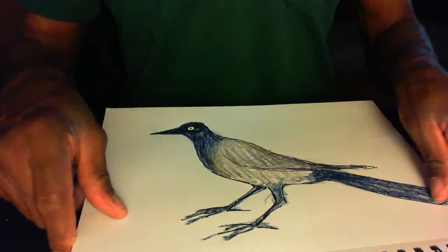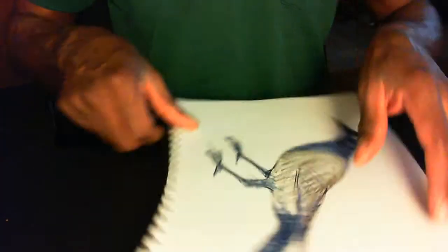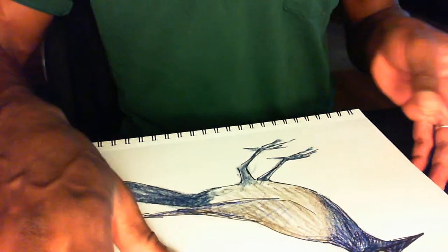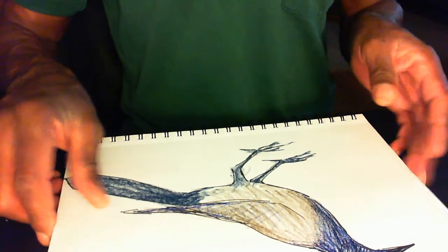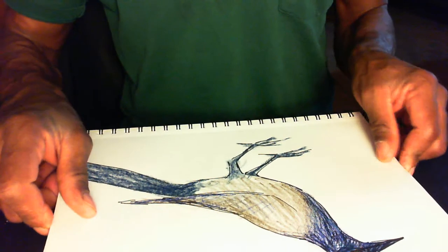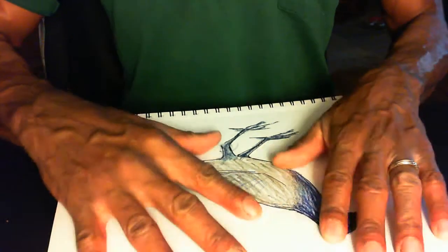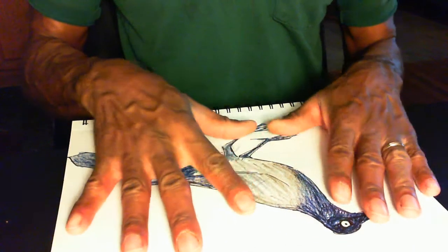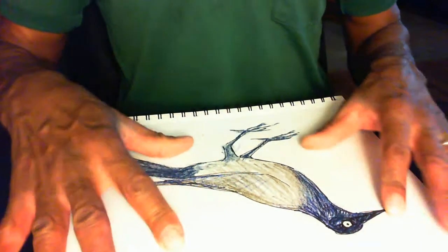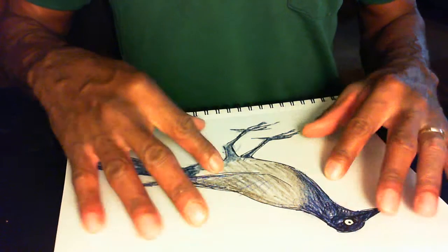It's a dark bird, black bird, but it's called a crackle. Crackles. C-R-A-C-K-L-E. I sketched this bird, and it's a dark bird, black bird,